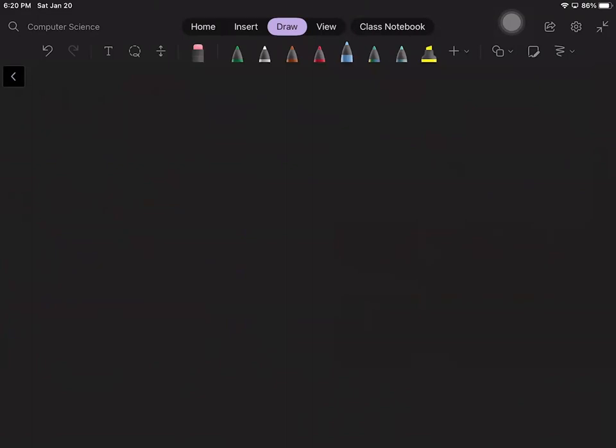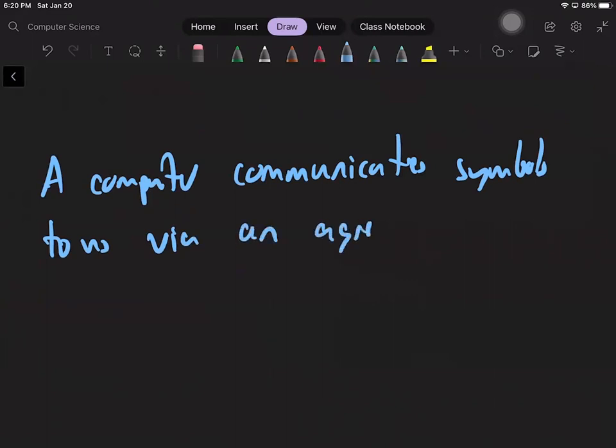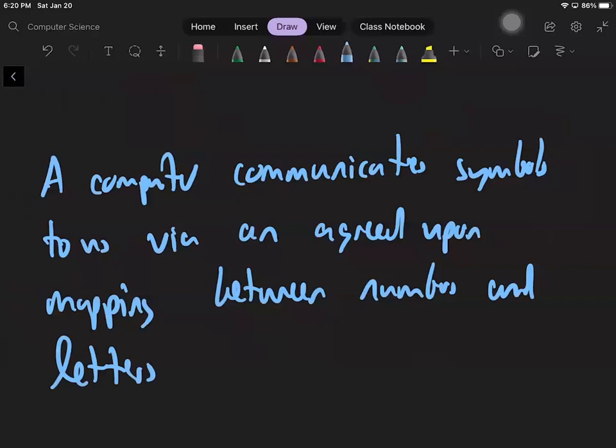So a computer communicates symbols to us via sort of a weird thing, which is we just sort of agree upon an agreed upon mapping between numbers and letters. Because the computer can say any number using zeros and